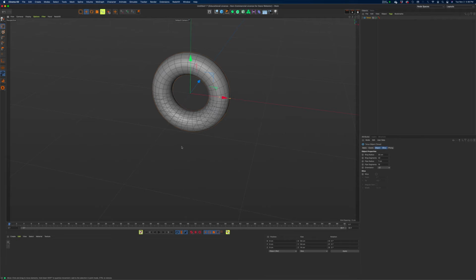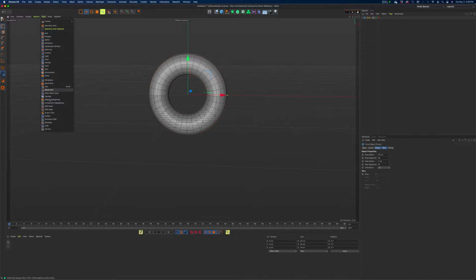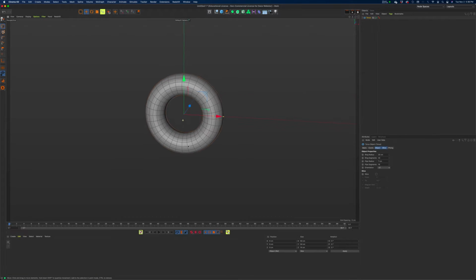Okay, so the thing is, I want this to be kind of a longer shape. I don't want a perfectly round link. I want this to be more of an oval. So the top half of this is right, and the bottom half of this, but in the middle, I need it to be longer. So multiple ways to do this, and don't mind me, I'm going to turn off my work plane here. So if I have one half of this, if I select the torus, you can see we have the object settings, but we also have slice. So if I turn this on, the default is 0 to